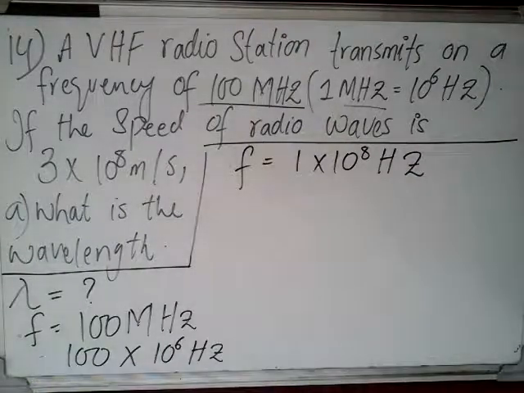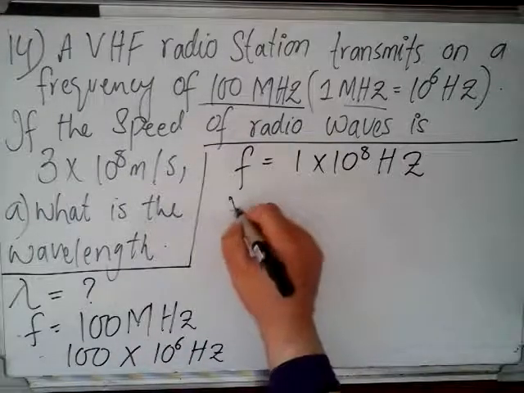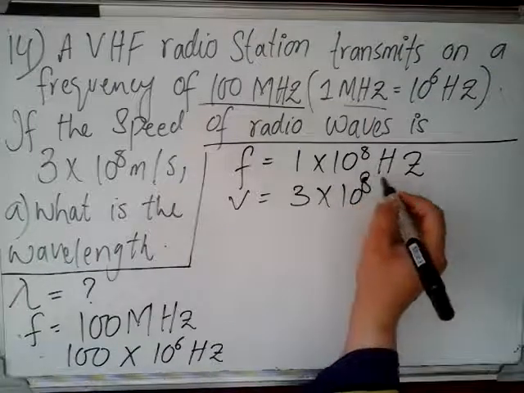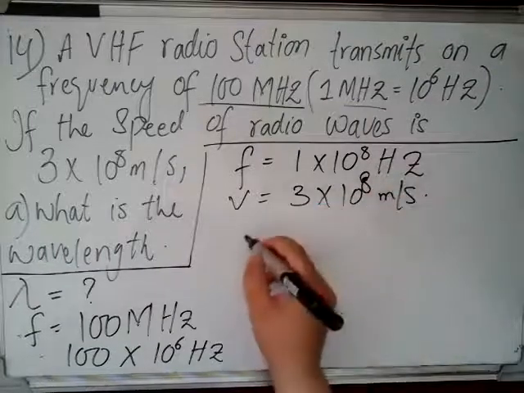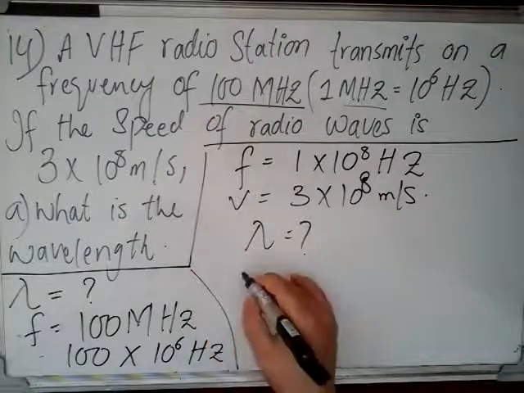Is that clear? So speed is given. Speed is equal to 3 into 10 raised to power 8 meter per second. So you simply need to find the wavelength,